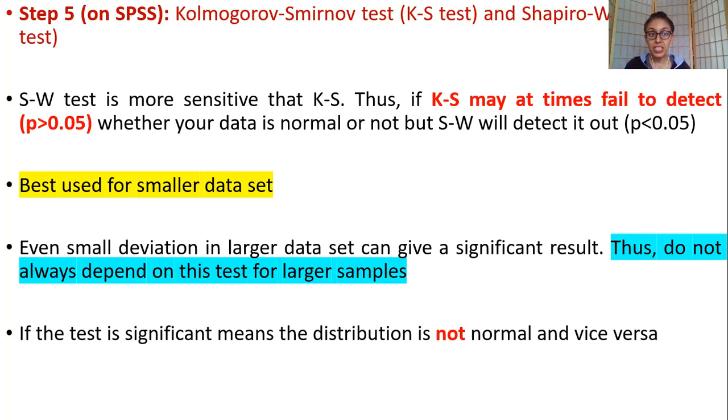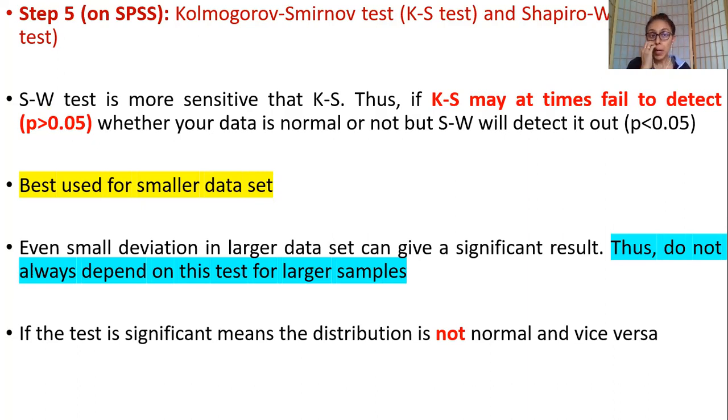Even if your KS is greater than 0.05, please check your SW test. I always look at both tests. If my KS says all is good and the data is normally distributed, I confirm this by checking the SW column, because if SW says that my data is normally distributed, then yes, it is supposed to be right